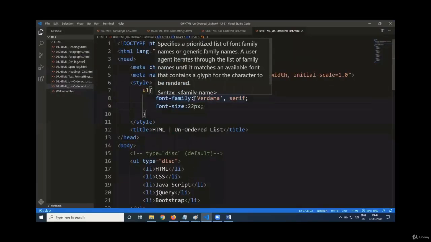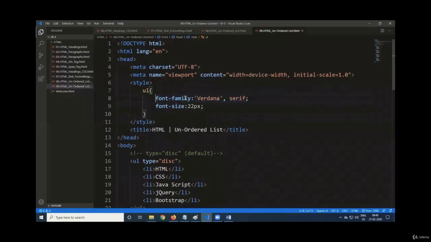SERIF? In which family does it belong to? I'll explain this when we start with our CSS. We have basically 4 categories of fonts: serif, sans serif, cursive, and monospace. For example, my family, from my forefathers onwards, we got a family name. All the members of that family belong to that particular family only. From my grandfather, my father, me, my kids, everyone belongs to the same family, but everyone has their own special features.